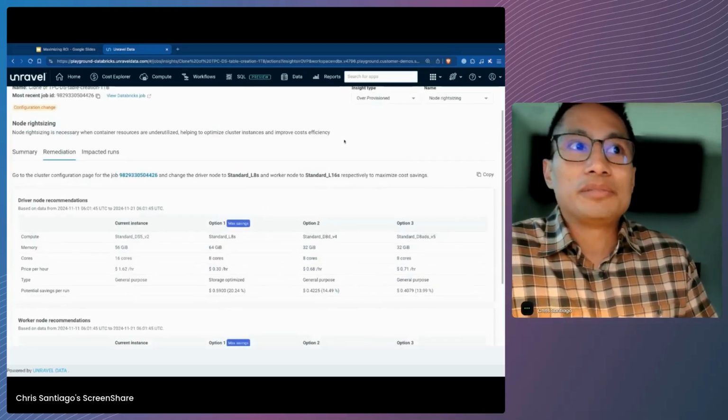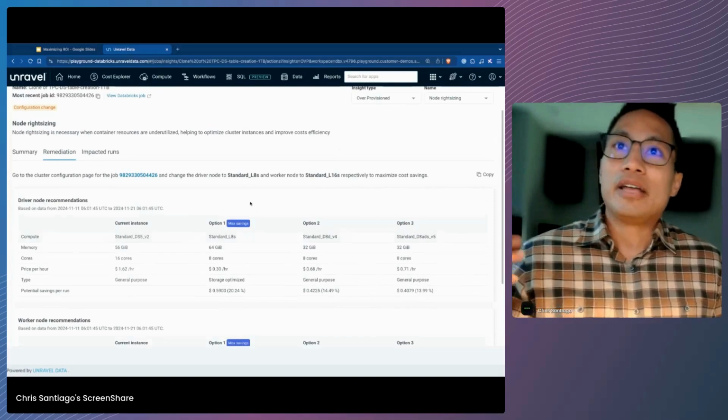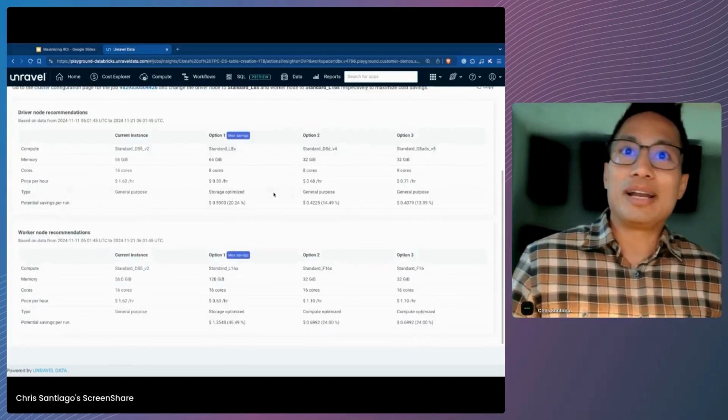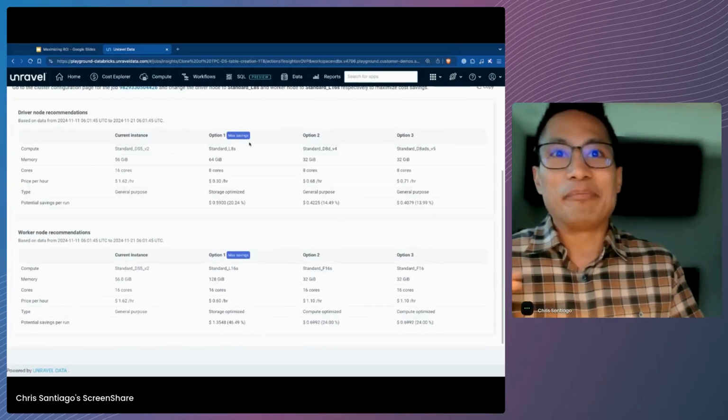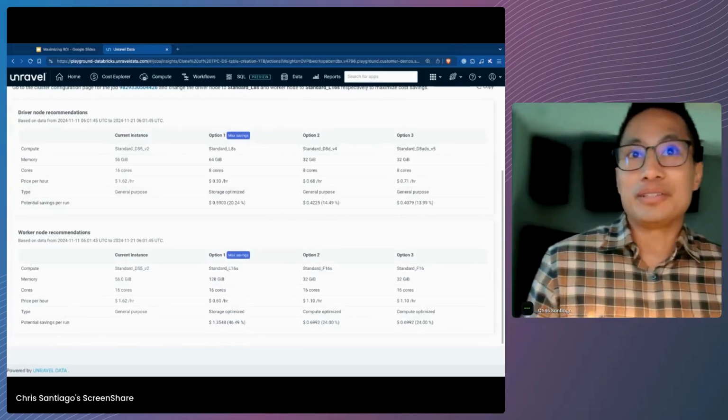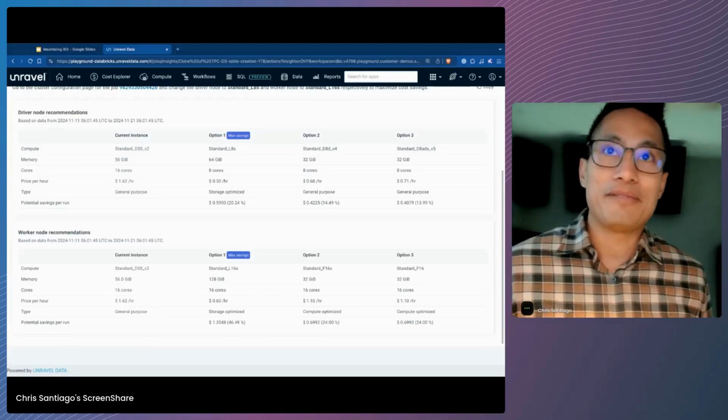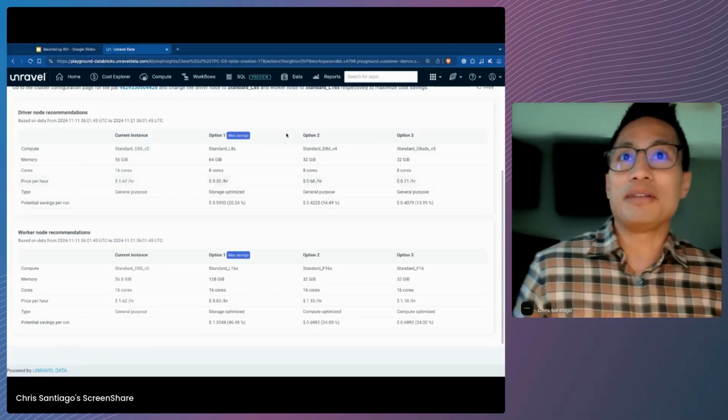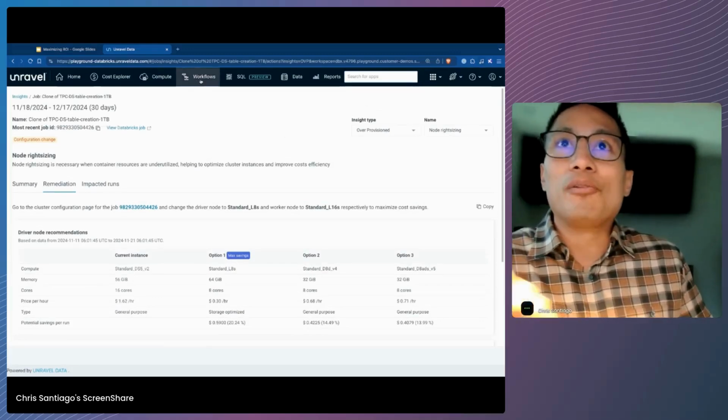And so when it comes to just understanding, hey, if I make this change, can I save 46%? You don't even have to do the trial and error. We're doing this for you for all of the jobs that you have in your environment. So pretty powerful stuff. And if I kind of go back here,